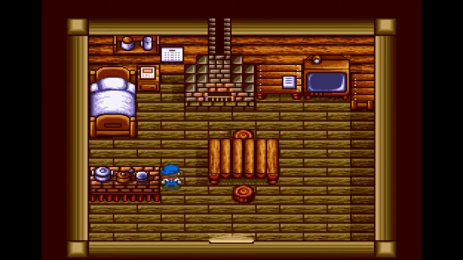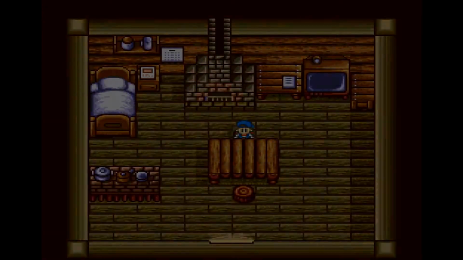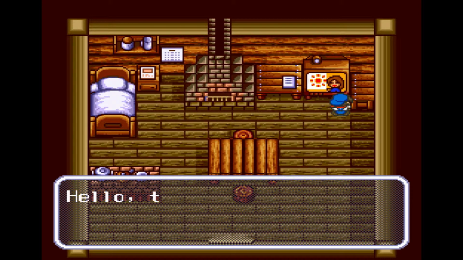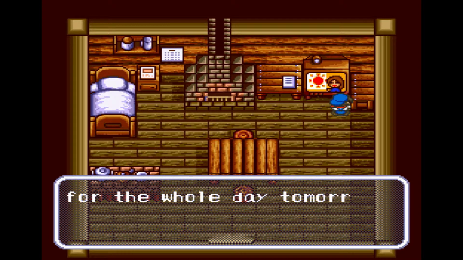So, of course, he is mentally exhausted after this, and says, "I'm going to bed. Good night. See ya." Okay, and that is one of the romance events. Oh, and we'll go ahead and check the weather for tomorrow. And then I'm going to pause here again, and I'll be back with you, I believe, once we're a little